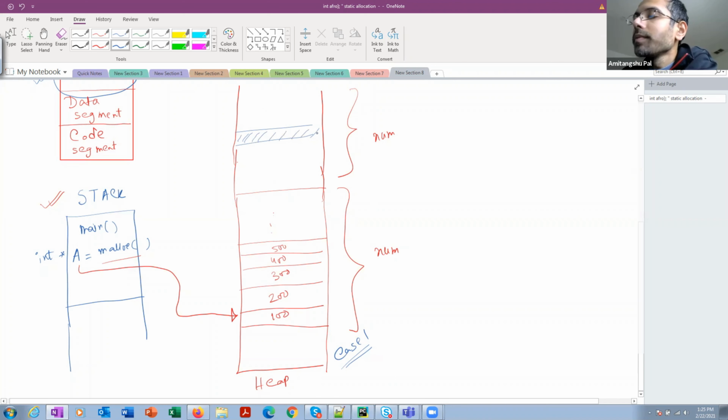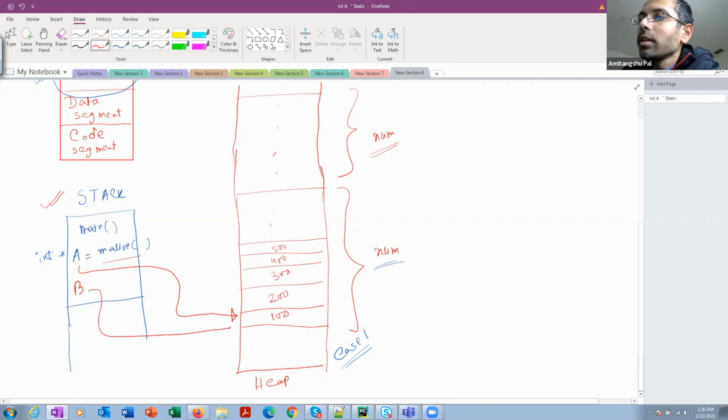That may happen, right? In that case, the heap needs to allocate memory in a different memory location. Okay, so the first case is the simplest case, where the heap has available memory in this region. In that case, it is going to allocate an additional number of integer memory locations, and then B will point to the same starting address. Okay, this is the simplest case.